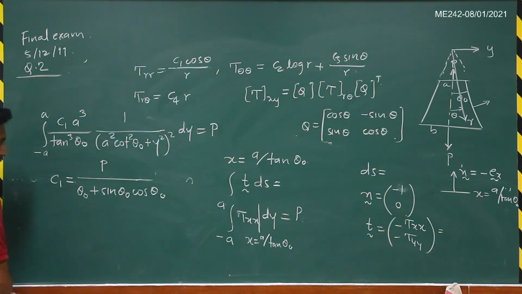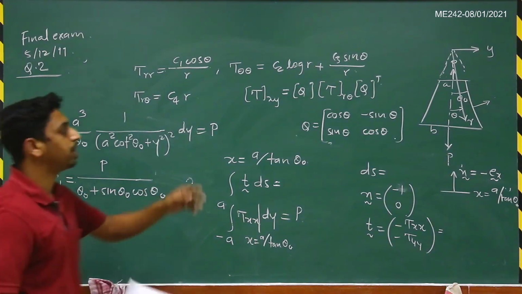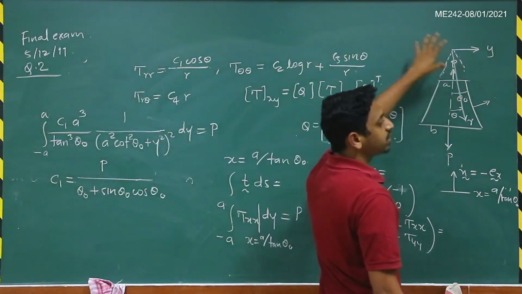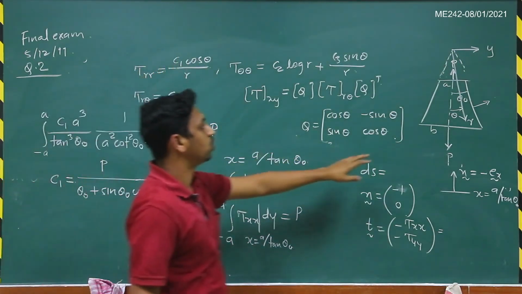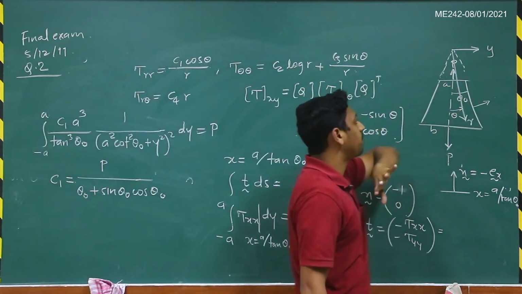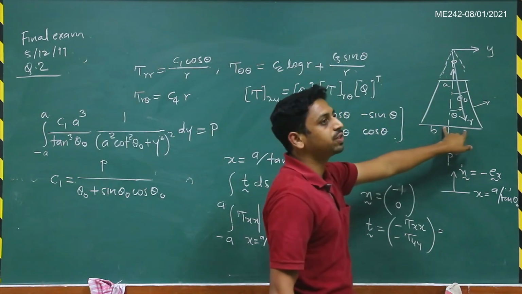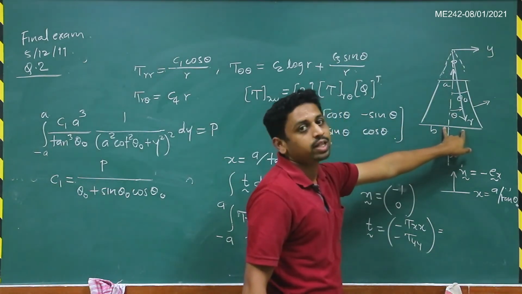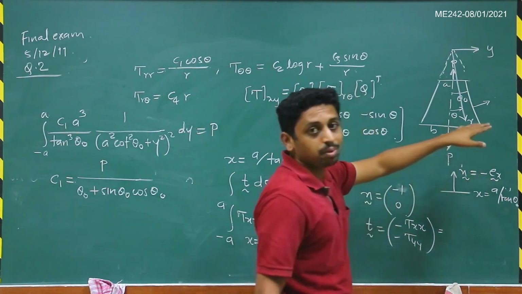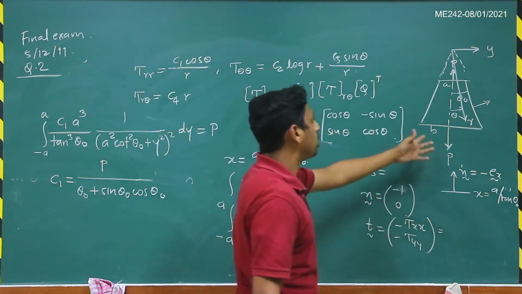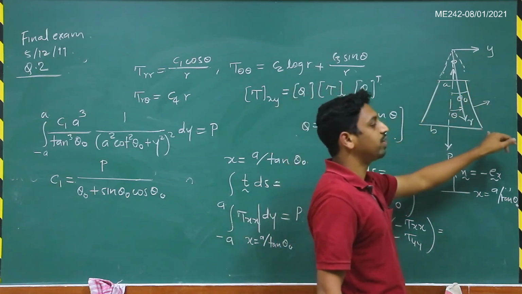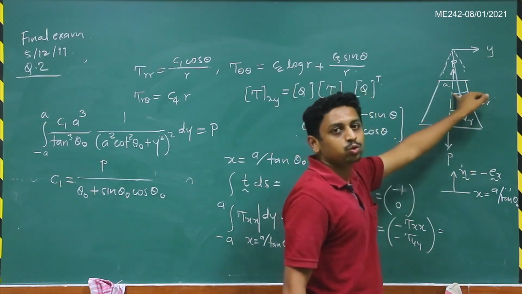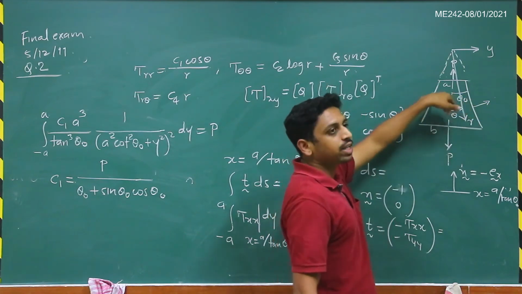Okay, just to summarize what we have done in this particular problem, we are given the stress distribution in the polar coordinate system. Here we actually have 4 surfaces. On these flat surfaces, which we cannot represent in the polar coordinate system using some r equal to constant kind of term, we considered the traction free surfaces, which are theta equals plus theta naught and theta equals minus theta naught.